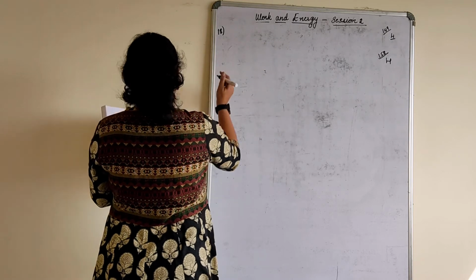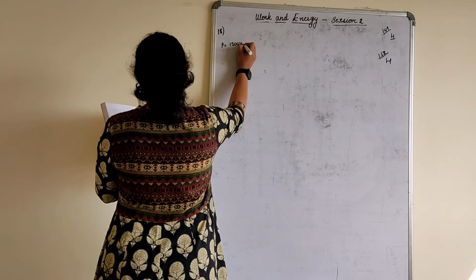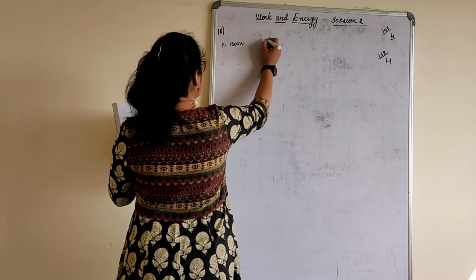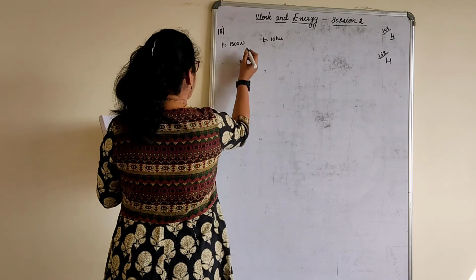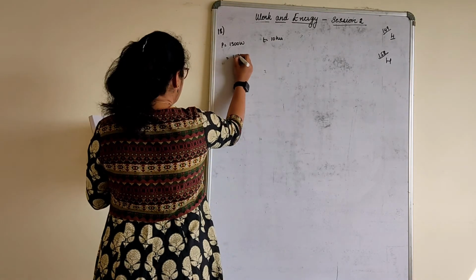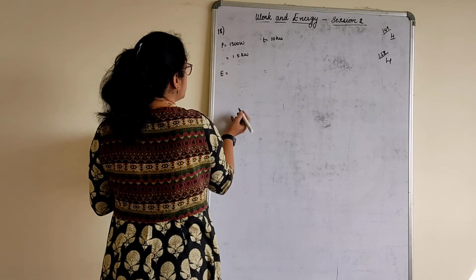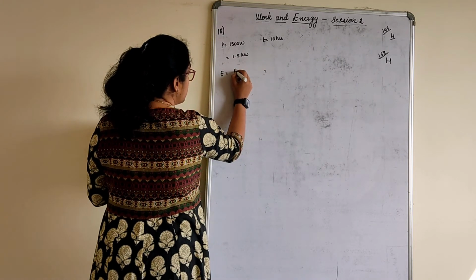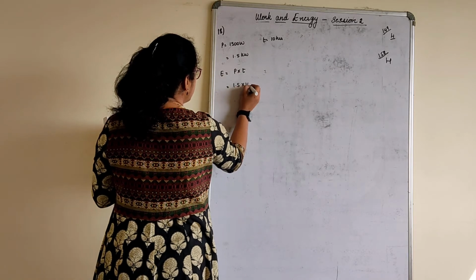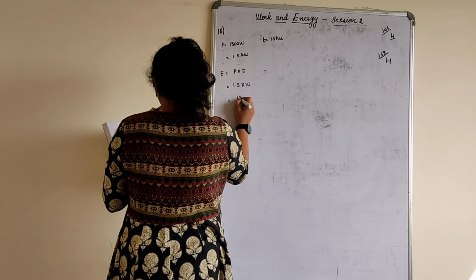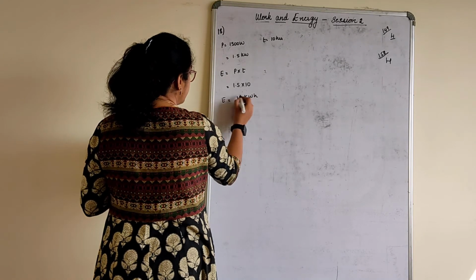An electric heater is rated 1500 watt. How much energy does it consume in 10 hours? So it is rated at 1500 watt, which means I have to convert this into kilowatts, because we have to check how much energy it consumes. E is equal to P into T. So 1.5 into 10, that is equal to 15 kilowatt hour.